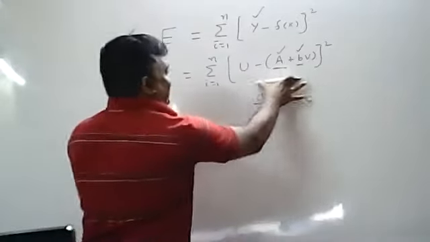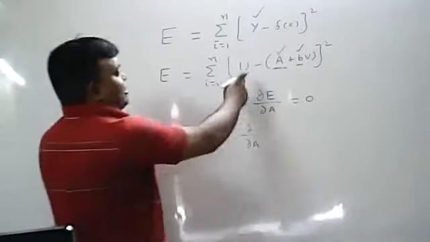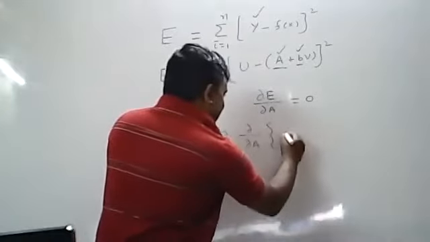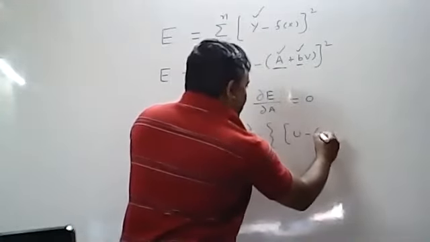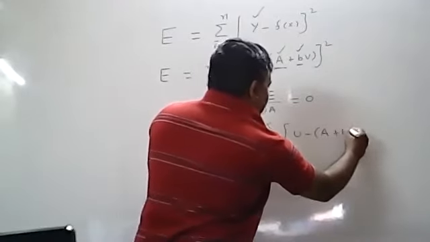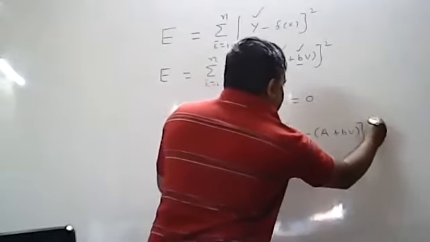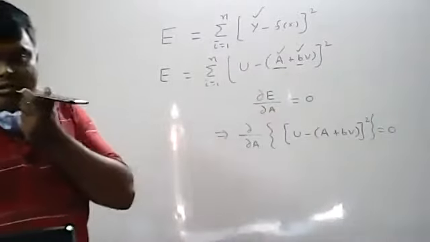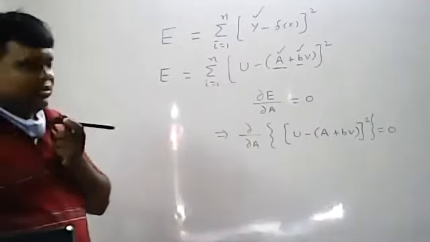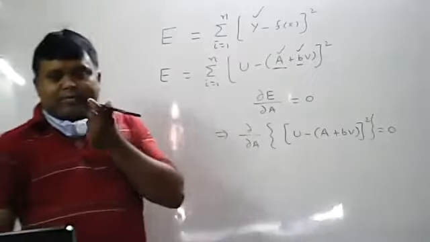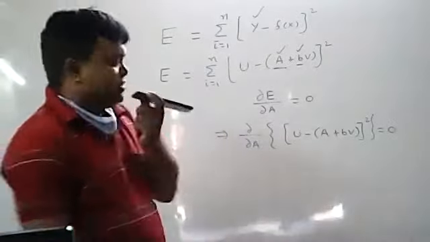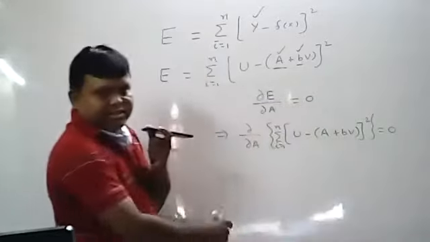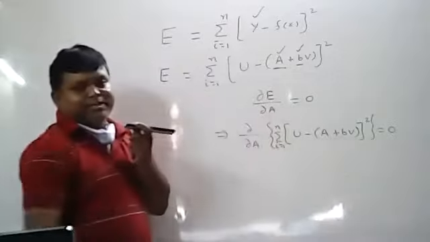of E. All of you know this is the E formula now. E formula is summation i equal to 1 to n of u minus of A plus BV, whole square. So you have to consider that one. So E is nothing but u minus of A plus small b capital V, whole square, is equal to 0. Same as you all know, for x power n the partial differentiation is n into x power n minus 1. Same concept. Summation I had forgotten. Summation i equal to 1 to n will be there: summation i equal to 1 to n of u minus of A plus BV, whole square.